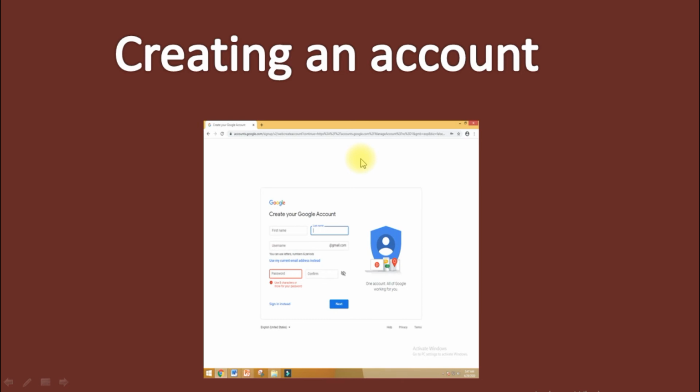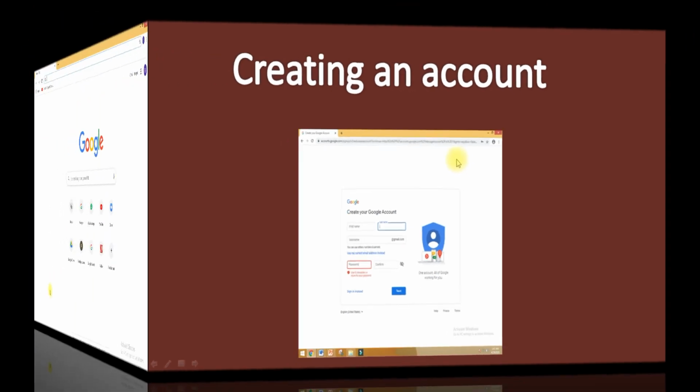Now next slide में we are going to discuss कि if you want to create a Gmail account, ठीक है, अगर आपके पास यूज़र अकाउंट नहीं है, if you want to create it, how will you do it? First of all, you will go in Gmail. When you go in Gmail, you will get this type of page, create your Google account. Now here on this page, you are just going to fill your name, username, password, the one you want to keep, ठीक है, and then after filling all the details, you will fill your submit button or send button, ठीक है. After doing this thing, you will be able to create an account.